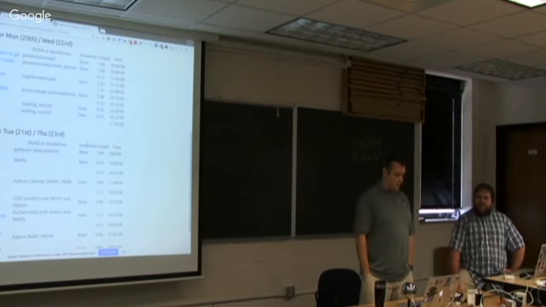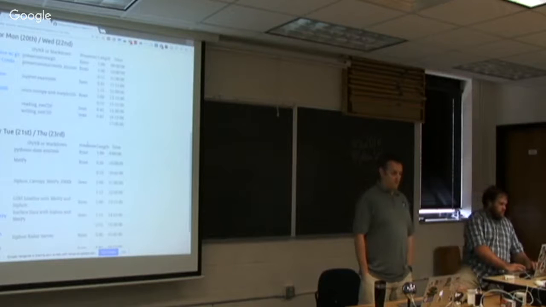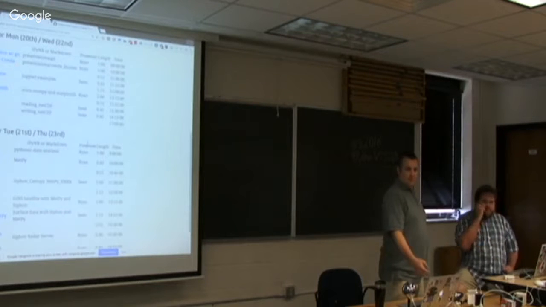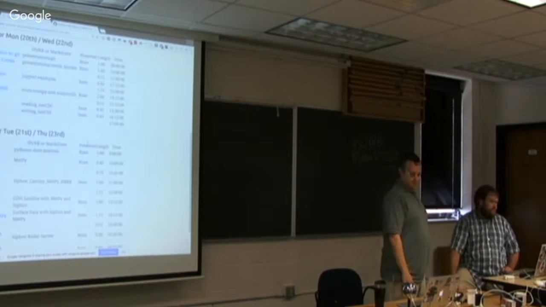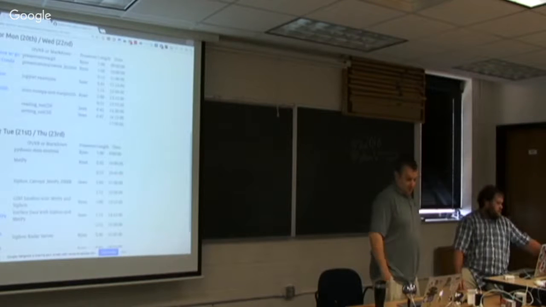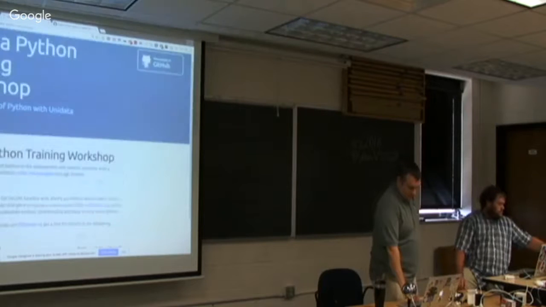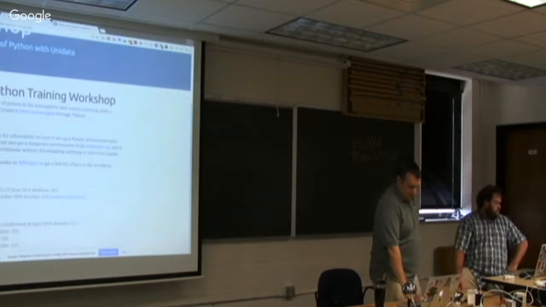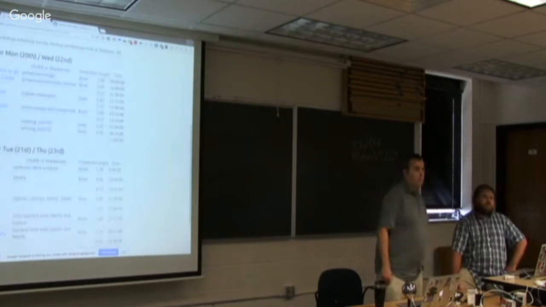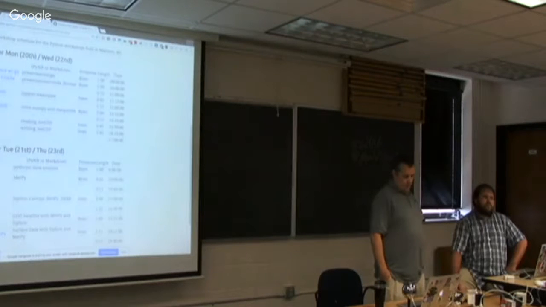All right. Well, with that, I guess we can start going here. If you want to see the schedule, I guess Pete probably sent this out before, the website for the workshop here. If you hadn't seen it, it's unidata.github.io/unidata-python-workshop. And that has, if you go there, that's the general workshop page. And then we have a page here for the SSEC AOS workshop. I think that link was in the email that Wayne and I both sent out. And that has, I won't call it a draft, but that has the rough outline. I'm sure we'll get off schedule here real quick, but we'll do our best to stick to it.